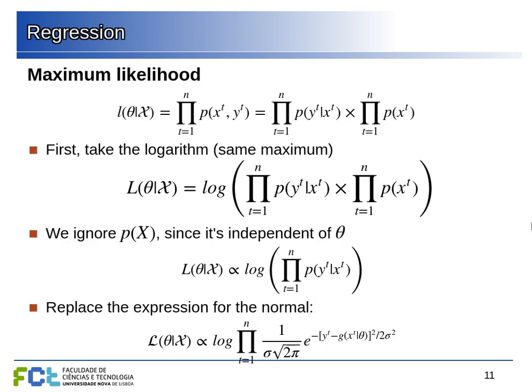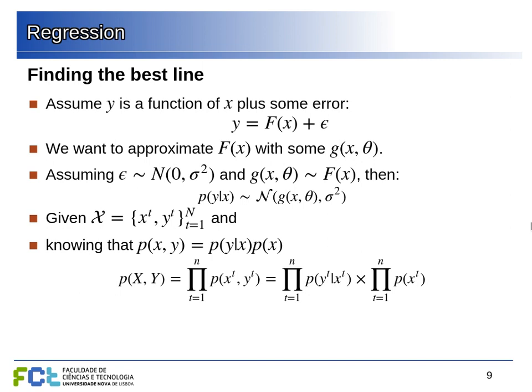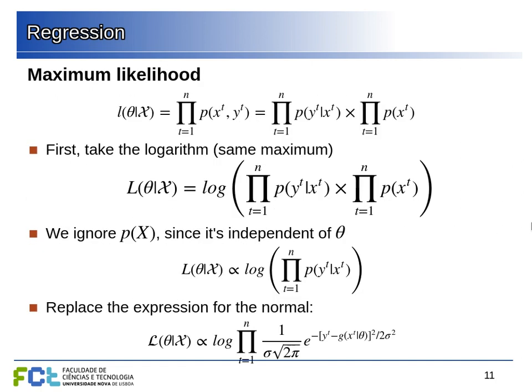We know that the likelihood is the probability of the data. We can write the probability of the data in this way. And we know that the conditional probability of having some value y given x will depend on the parameters. This is what we're trying to predict here. We have this g function that, given x, will tell us the value y that we want to predict. However, the parameters have nothing to do with the probability of some x coming in our data. So we can actually ignore this part and focus only on the conditional probability.